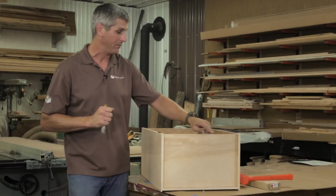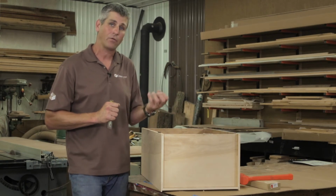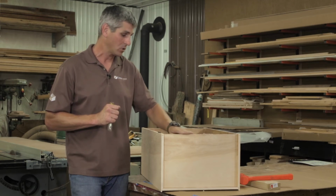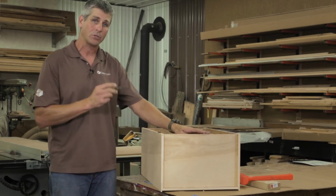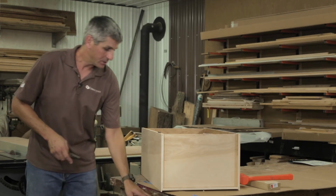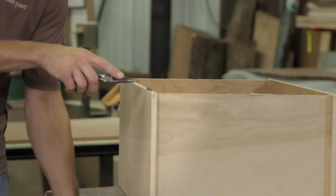You're not going to see any of this. This is all hidden in the new frame. So there's no real worry about doing too much damage here. You want to keep the surface smooth, but don't worry about going at that with a chisel to pry that off. Now secondly, you're going to see right here, I've got a spline that stayed in the cabinet box,